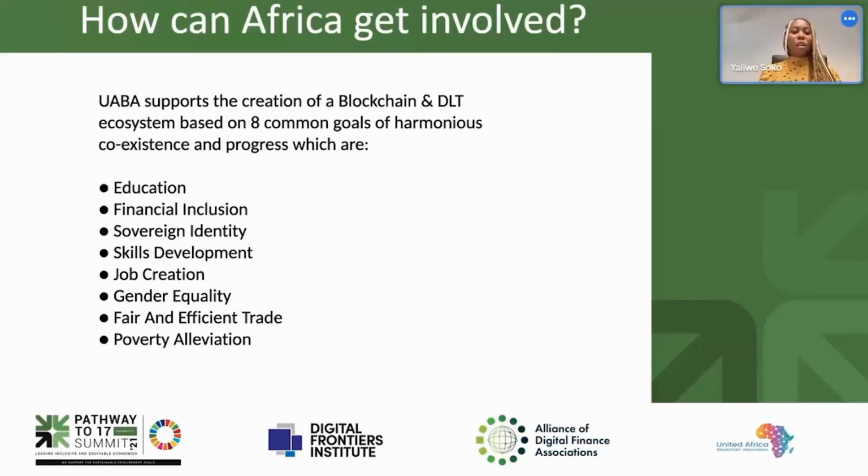As we develop skills, there will be opportunities for jobs, and then we have all these things coming in, such as fair and efficient trade when people know how to build tools that help with supply chain management and other things. And people get sovereign identity. There are a lot of people without identity because of these tools that are going to be built by the people who've learned about blockchain and the solutions that it can provide to certain African problems, which could potentially bring about financial inclusion, and lastly, help us alleviate poverty, since we're looking at the SDGs